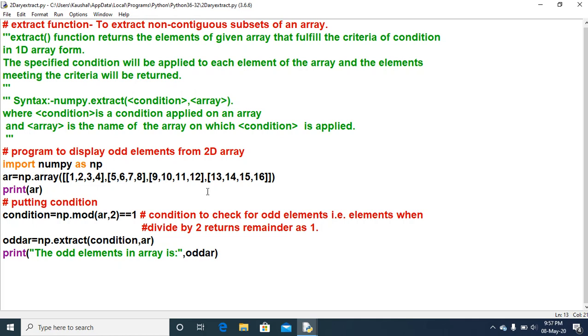So wherever the true is there, that very element will be extracted. How? Just look at the next line. So here the condition will store true and false, and accordingly we have written the next one, which is exactly the extract function. Just look here, ODDAR. ODDAR is the odd array. I have created the name ODDAR